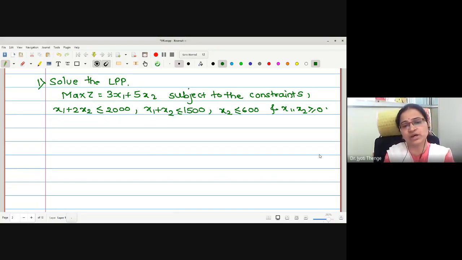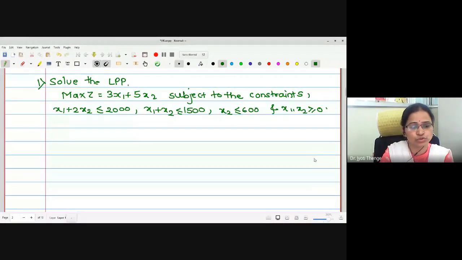Or one can find out a convenient value of z, say z equals 0, and plot the objective function line. Then we pull the objective function line until the extreme points of the feasible region give the optimized value, that is either maximized value or minimized value. Note the coordinates of the extreme point at which the function gives us the optima, either maxima or minima value, and that will be the corresponding solution of the given linear programming problem.